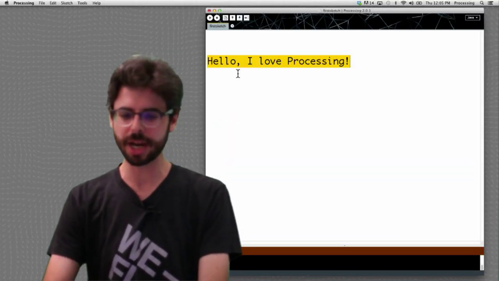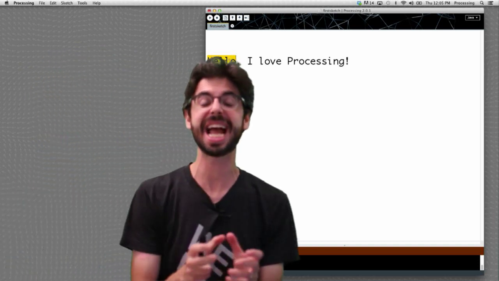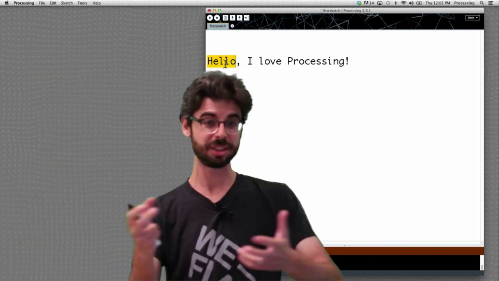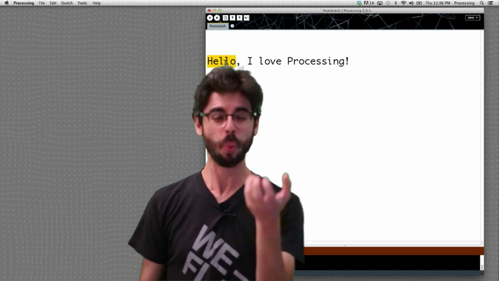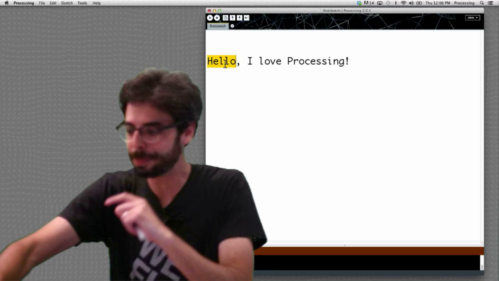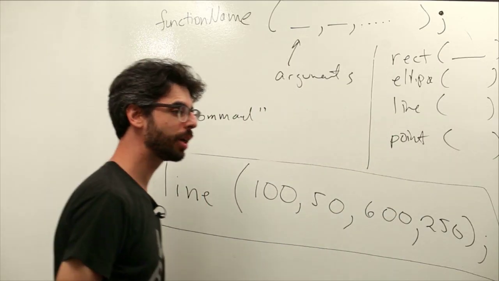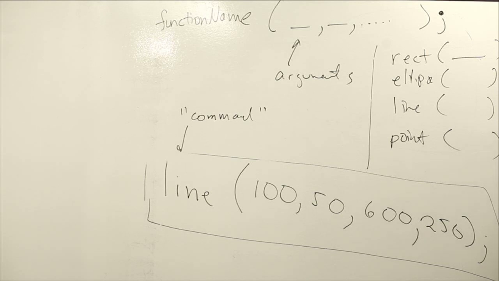But here it says unexpected token hello, because hello is not a token, meaning a sequence of characters in between spaces and punctuation, a word, so to speak. It's unexpected because it doesn't know what hello means. Perhaps it would know what line means. So for example, if instead of writing that, I wrote line, 100, 50, 600, 250, and I put a semicolon, and I ran this program, we would see,